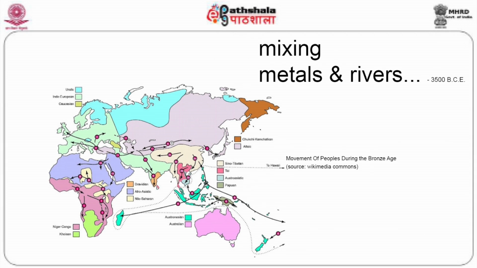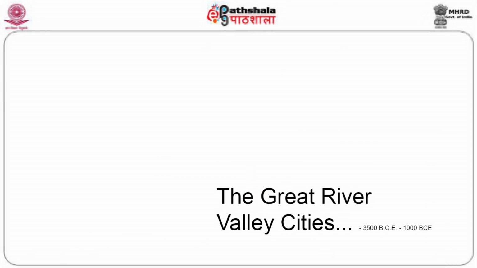And we see that this movement is not just based in one place, but happens all over the world, and people start to exchange ideas and exchange thoughts, and cities allow them to do this. Cities are the crucial infrastructure that allows this great movement of people all across the world to happen. And that, both as a consequence and as a reason, leads to the emergence of the great river valley cities